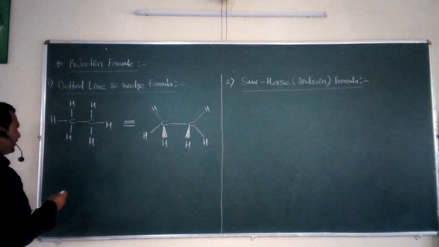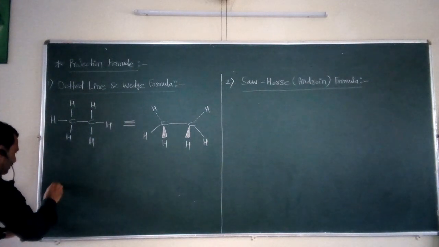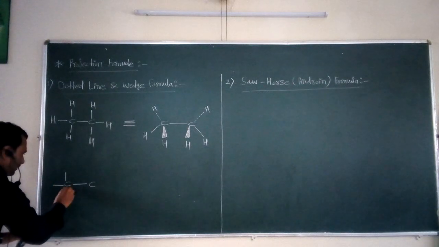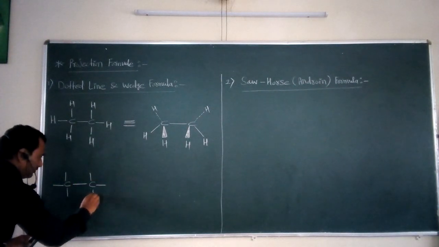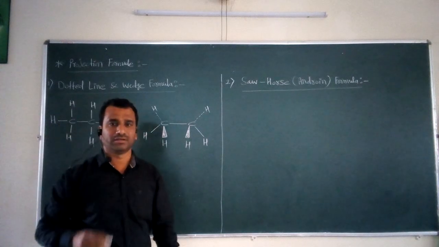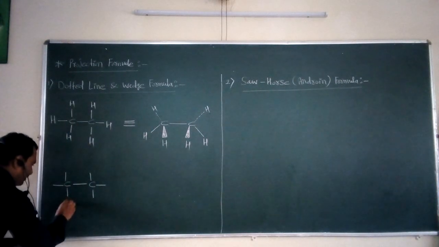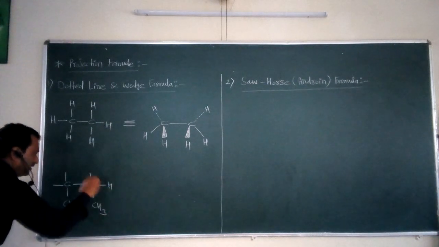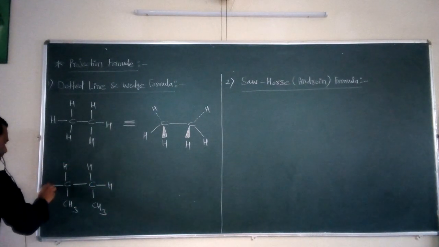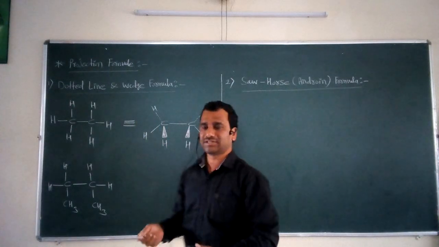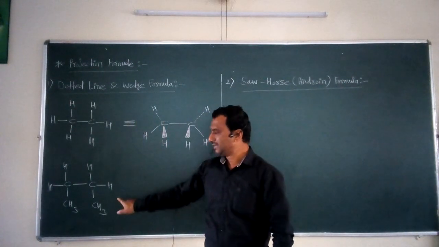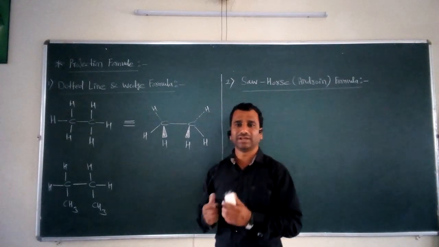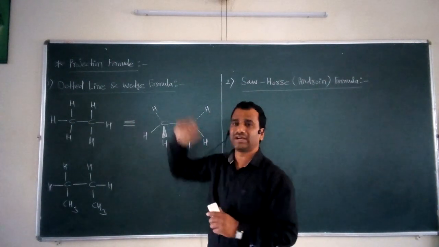Now, suppose we take the second example, carbon single bond carbon. If we take another example for studying this dotted line and wedge formula, I take here CH3, with hydrogen H and H. So, now for our discussion we take the second molecule, that is called the N-butane molecule. If we want to convert this 2-dimensional structure of N-butane into a 3-dimensional view according to the dotted line and wedge formula.